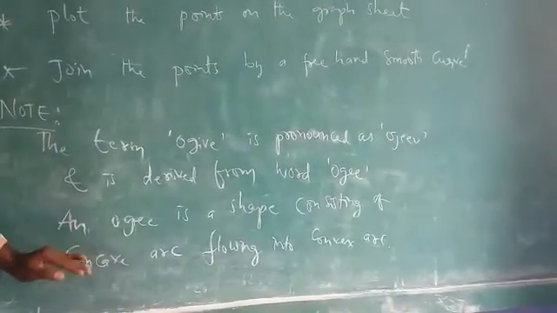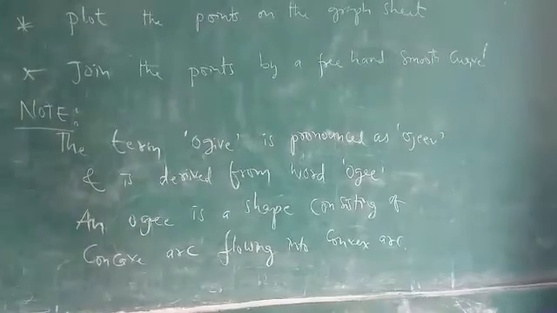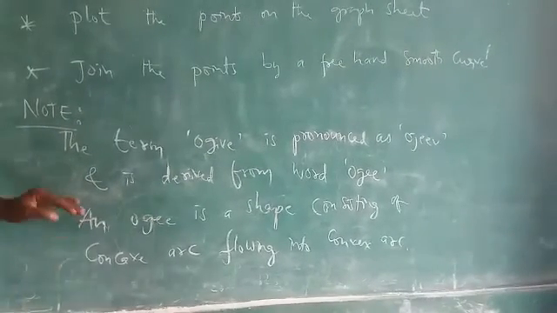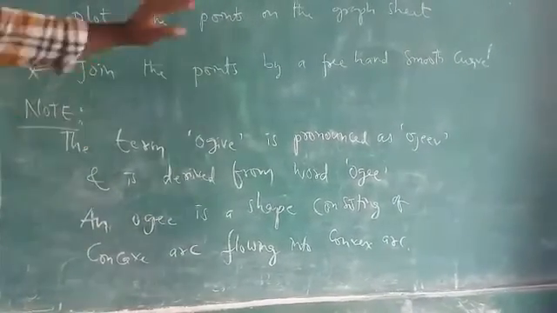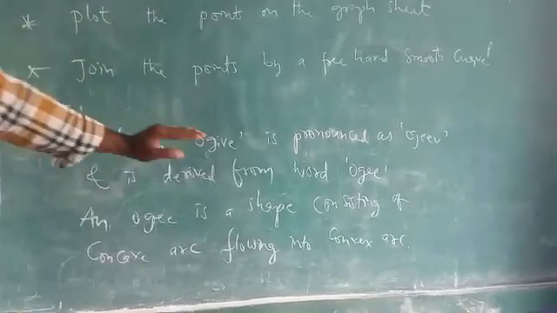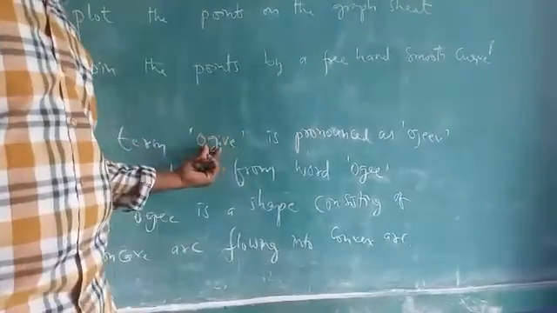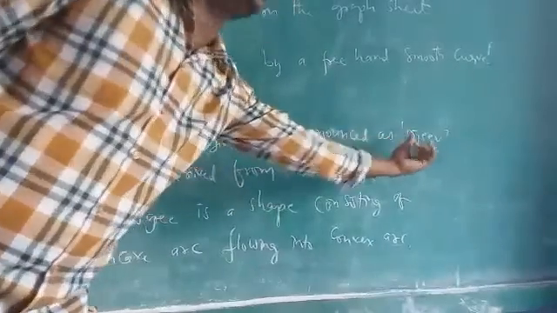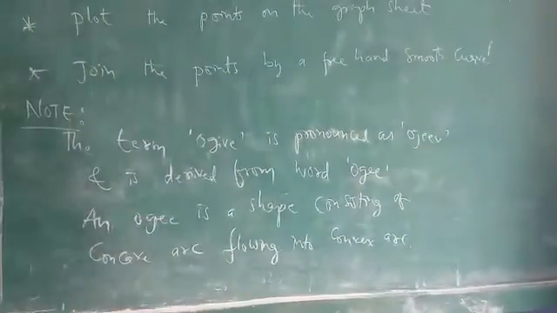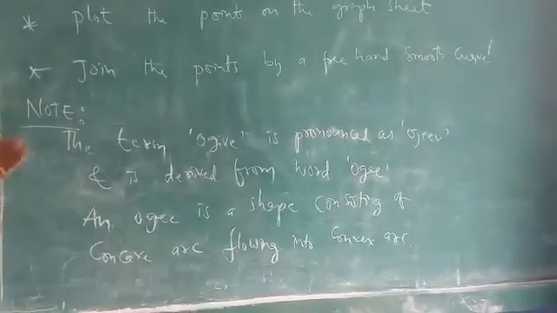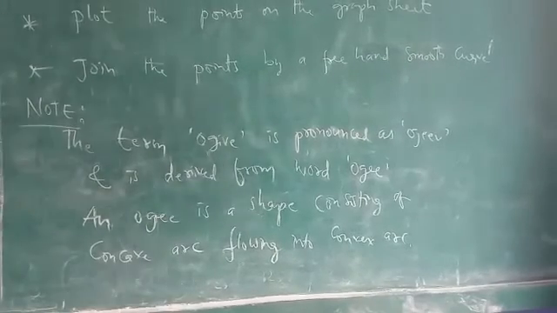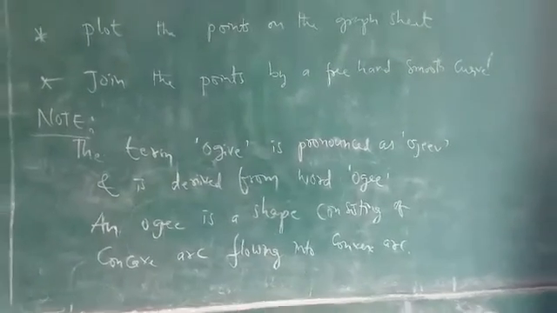This is not needed for you actually. It is used in architecture. So in the future, if you join architecture, then you will understand this ogi. The term ogive is spelled with a G, but the pronunciation is ojeev. An ogive is nothing but a cumulative frequency curve. Two types are there: one is less than and one is more than. I will explain that once you go through it.